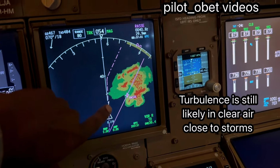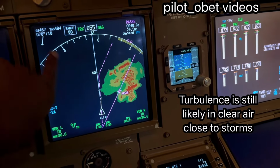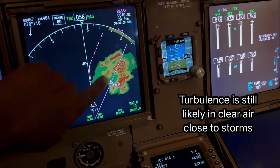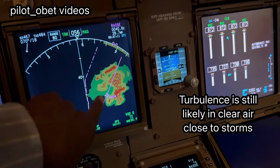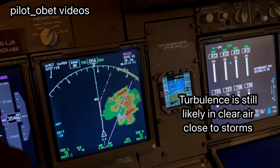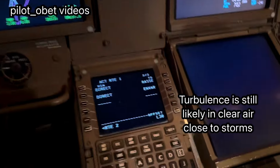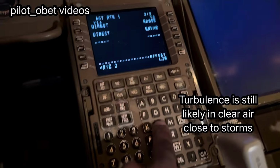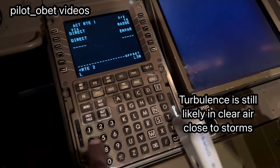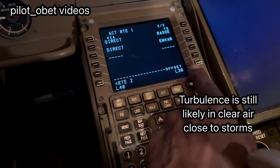In practice I might even go a little bit further to the left, because that's a little bit close with the wind that's showing now that we're a little bit downwind, so a little bit of this will be coming to the aircraft and might start affecting it. So we might say to ATC, request further left 40 miles left of track. And they say ATC approve it, left 40 miles, put that there,